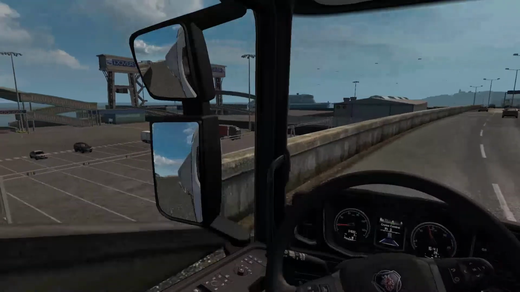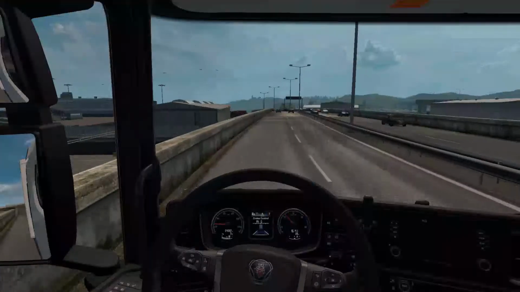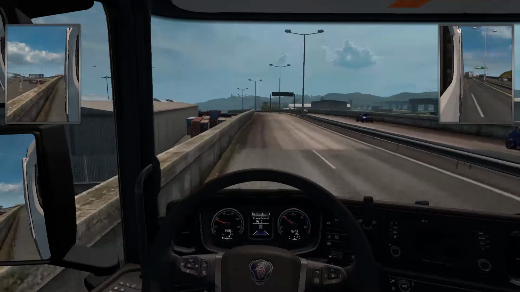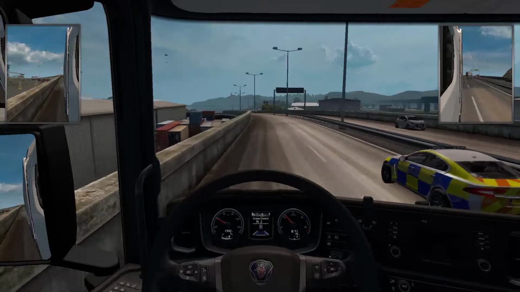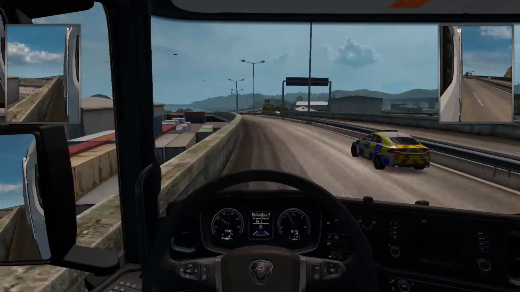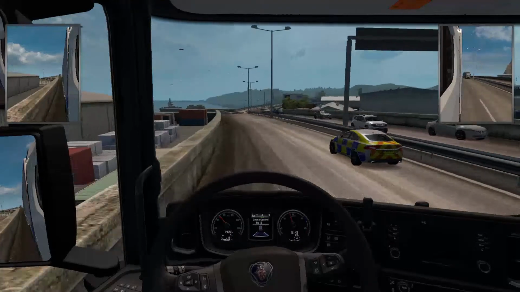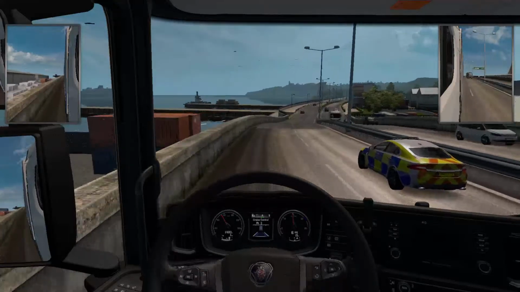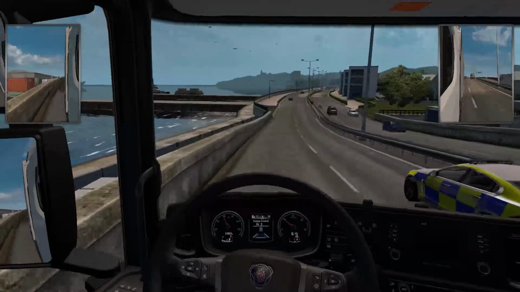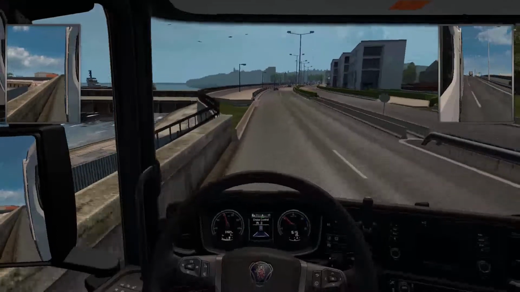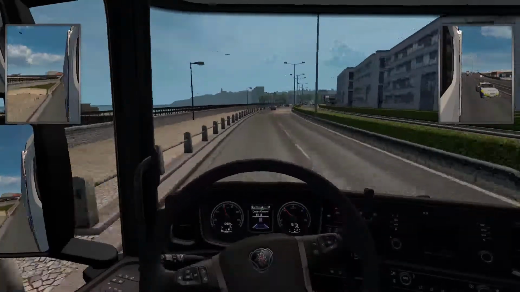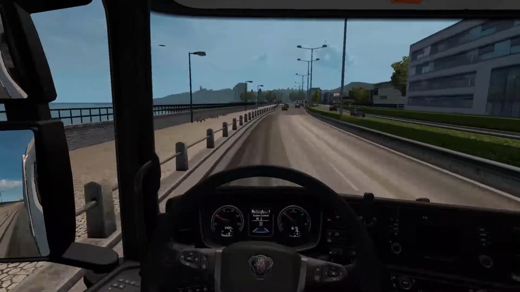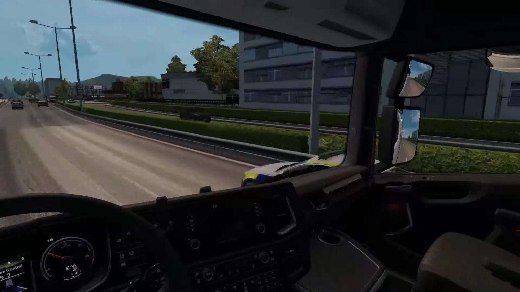Right, so we are all good. I could do with getting those mirrors up, maybe. Let's just get the fake mirrors up. I think I could do with them. Hopefully they don't lag out the recording too much. They're not having any effects on my game at all, so I'm hoping they don't have any effects on the recording, and you can see them in the recording, which is cool. Because it is, of course, more for my recording software to do. So. Speeding, oh come on. You know what, I'm going to take these off, they annoy me. I'd rather just look in the real mirrors.